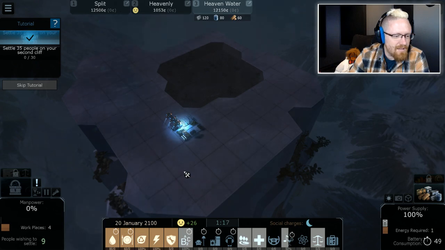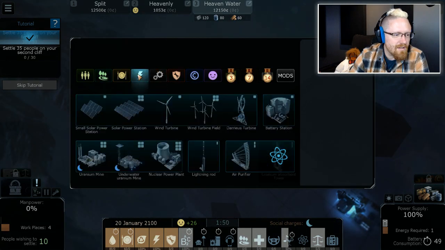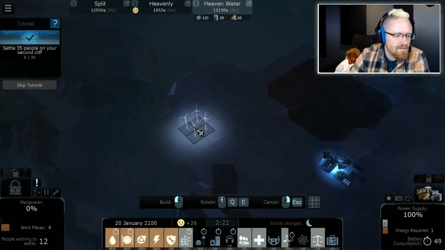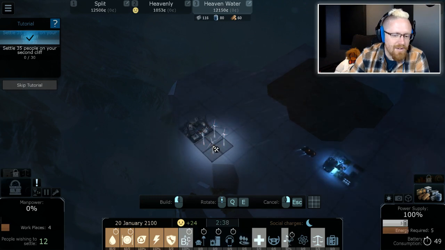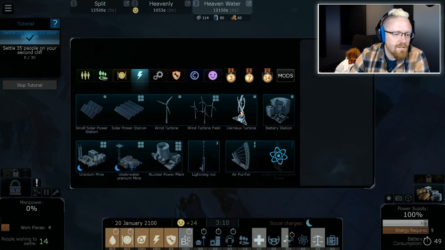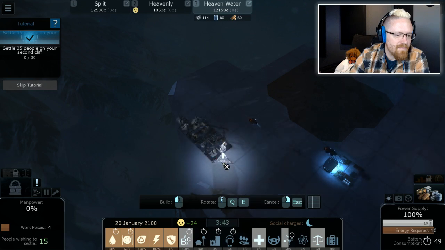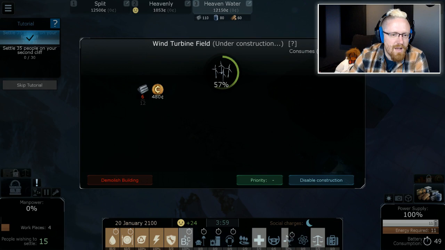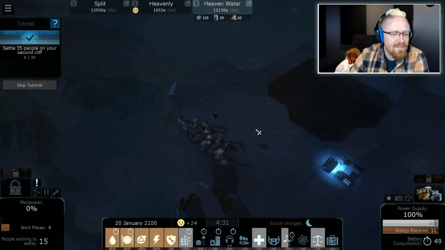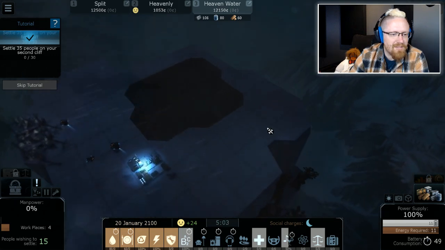All right, so let's build a wind farm. Let's build a wind farm over here. Let's build a couple of wind farms. Let's definitely fill in this space. I assume that I've got enough matter on this city. Oh yeah, I got more than I can even store. And then once I've got power, I think that's when I'm going to want to build...